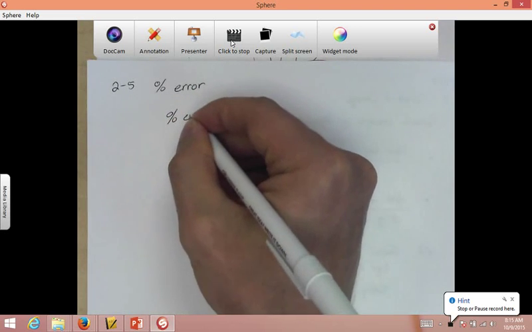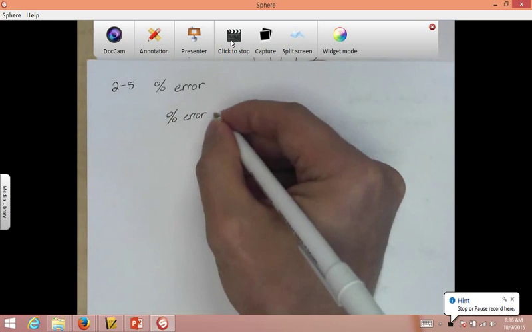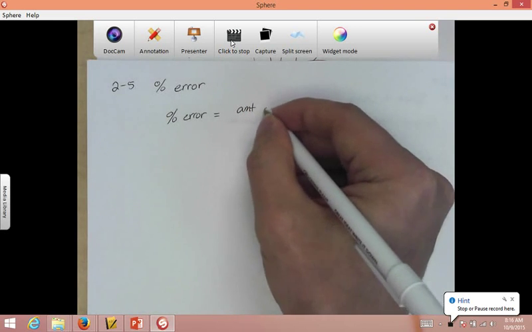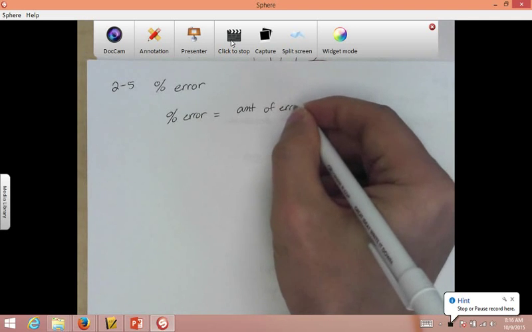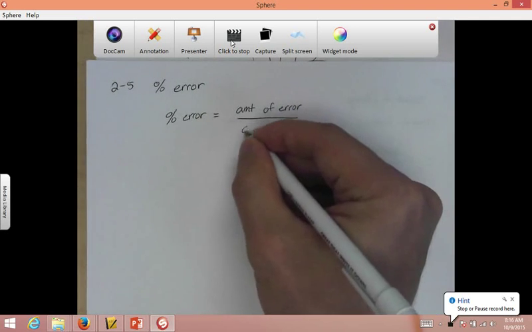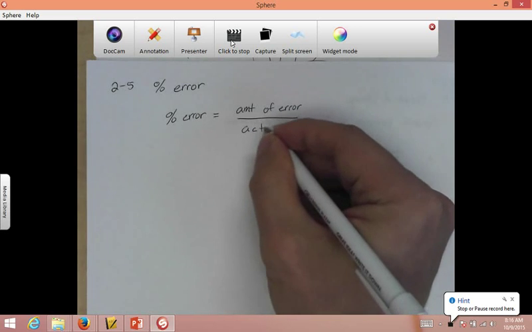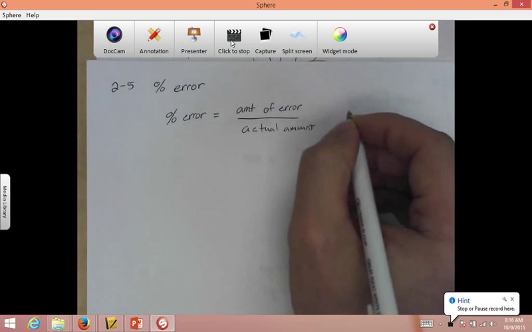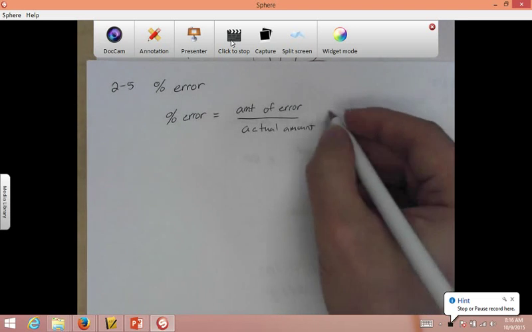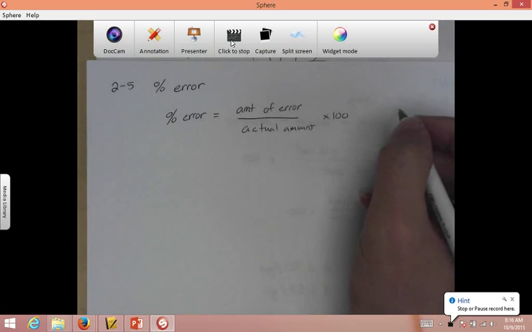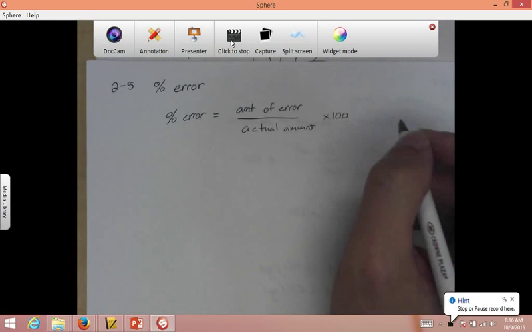So, very simply, percent of error equals the amount of error over the actual amount, times 100 to make it a percent. So, for example,